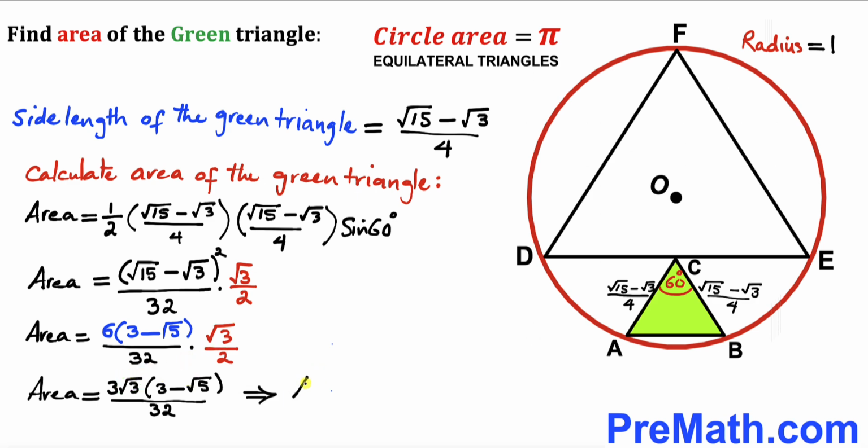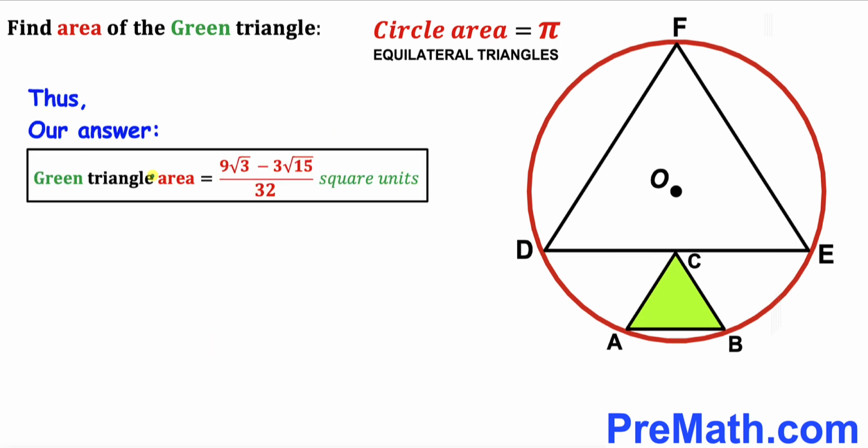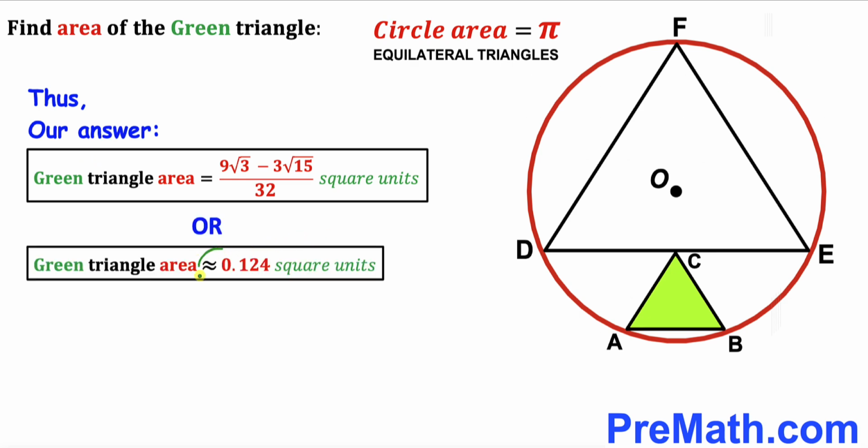So therefore, the area of this green triangle turns out to be 9 times square root of 3 minus 3 times square root of 15 divided by 32. And here's the final answer for the area of that green triangle. That could also be written as approximately equal to